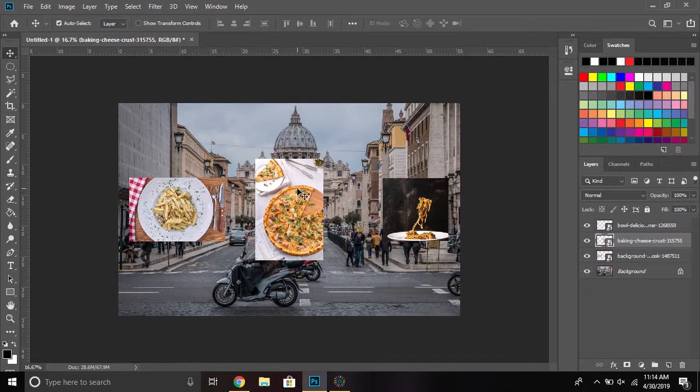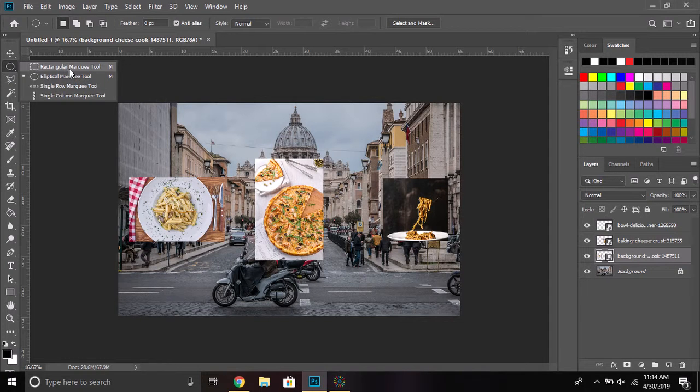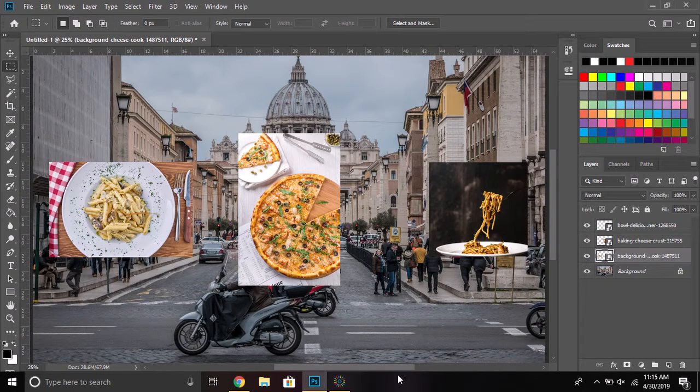Yes. So first thing I'm going to do is select, and I think I want a square selection this time around. I'm going to select a portion of these images that I want to show in my layer mask. So we're going to start with this one because it's the smallest and I think it's the best size for a window. Before I even do that, I'm going to zoom in just a bit so I can better see what I'm doing. We're going to select this,